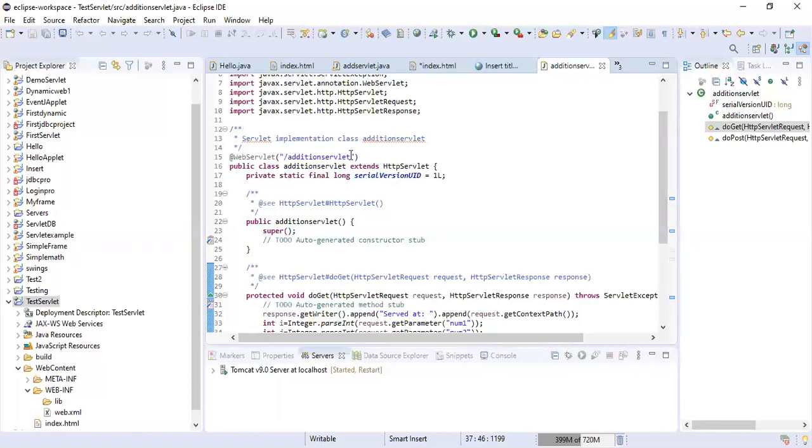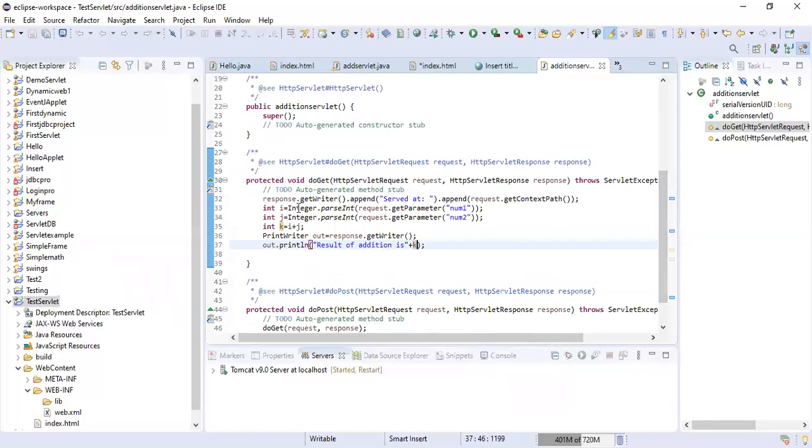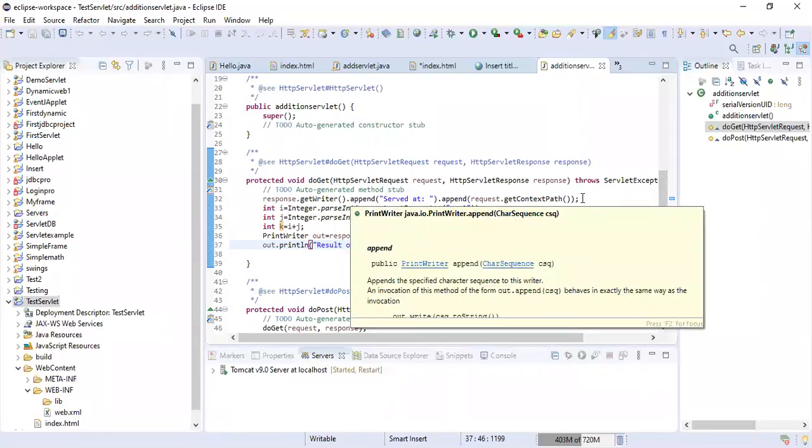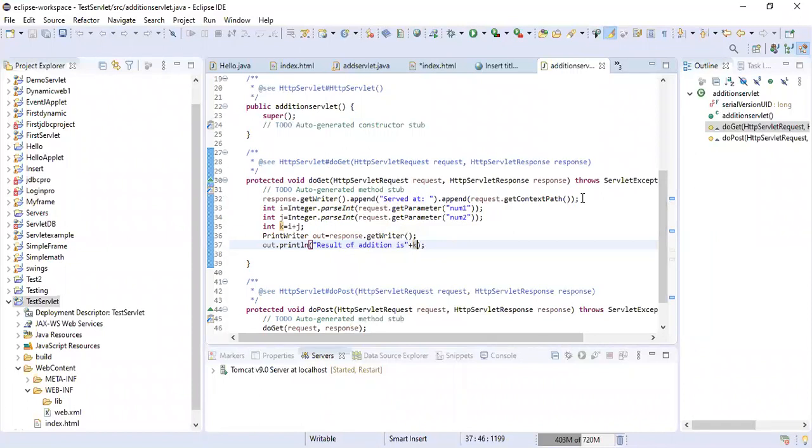Okay, so the addition servlet extends HttpServlet. In the HttpServlet, I have overridden the doGet method. The first line is the ready-made code which is available in the doGet; it just creates one servlet name over there. But after that, I have taken the getParameter methods, I have used the getWriter method, and I have created the code for addition of two numbers. I have extracted number one into i, number two into j, I have performed the addition, and I have sent the results with the help of out to the client.